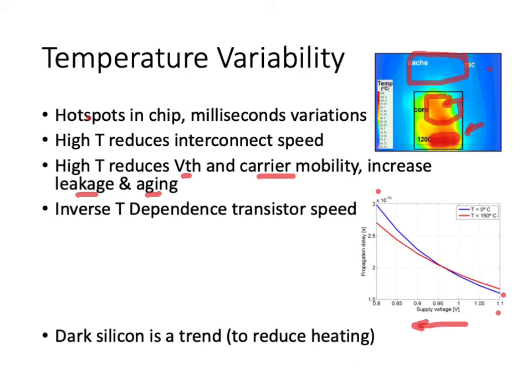What is interesting is that at high supply voltages, a higher temperature leads to a greater delay. But at low supply voltages, a higher temperature actually leads to faster operation on the chip, as opposed to